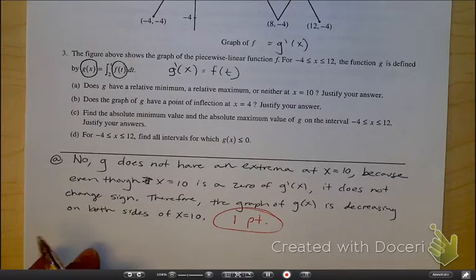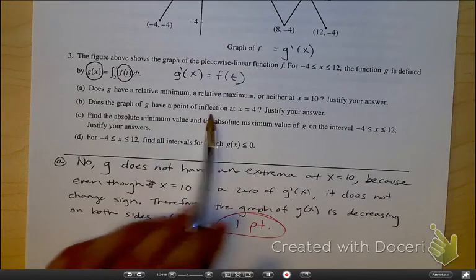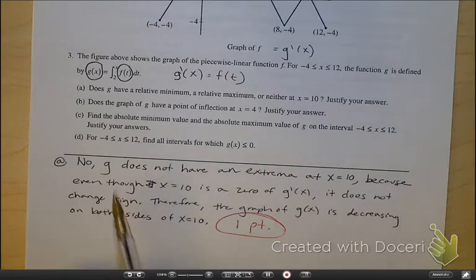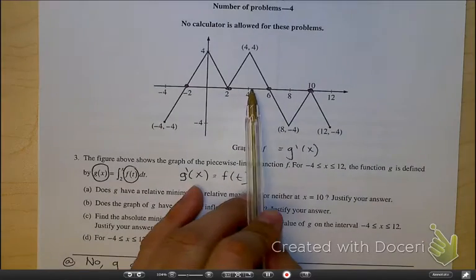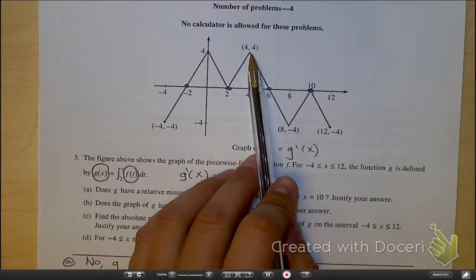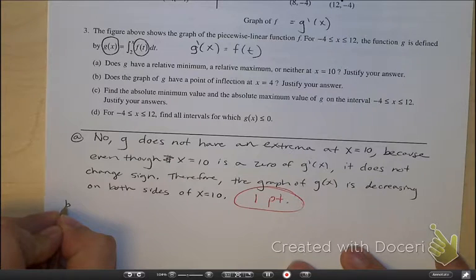Part B, does the graph of g have a point of inflection at x equals 4? Remember that points of inflection on the original function look like maximums and minimums on the first derivative. So here's x equals 4. Oh, yep, that's a maximum, so yes, it is a point of inflection. So for part B, we'll say yes,